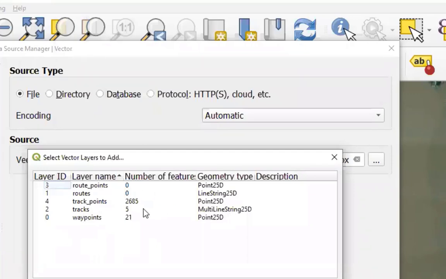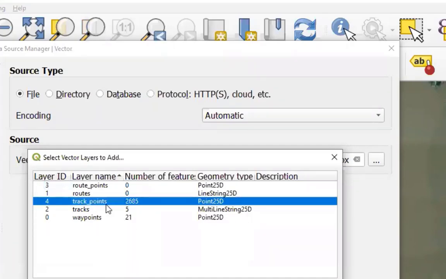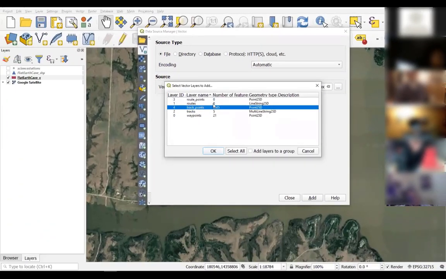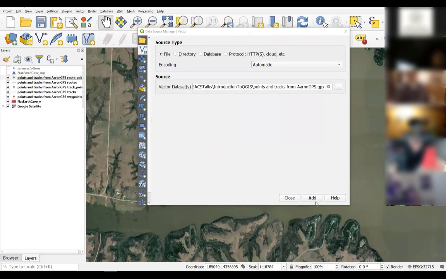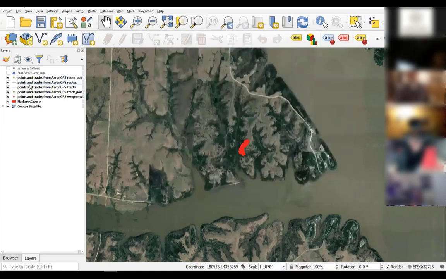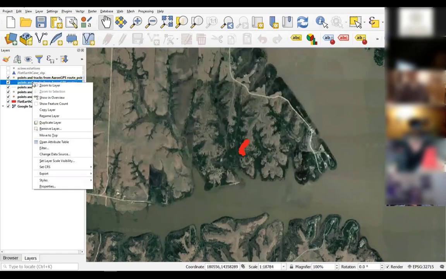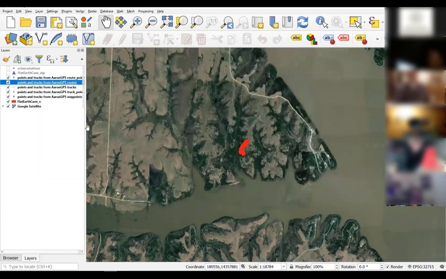If you are really tuned into your GPS and know exactly what you want out of it, then by all means you can just select one thing out of here, and that's what'll be imported, and everything else will be left behind. But as I said, most people select all and then add all of those things to their map. So we have all of these new layers. If we go and look at where those are at,